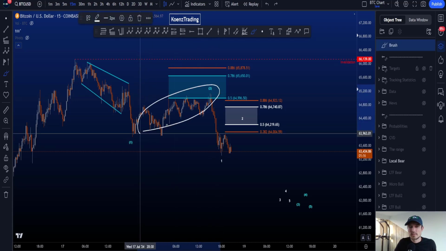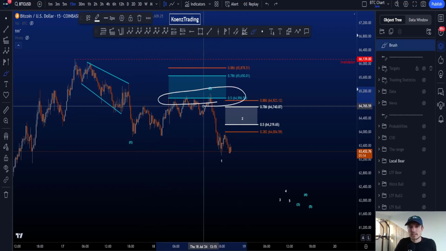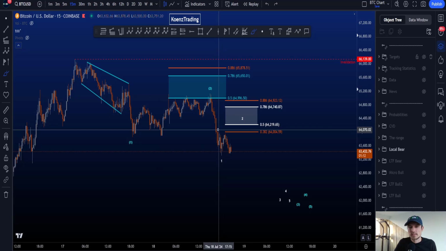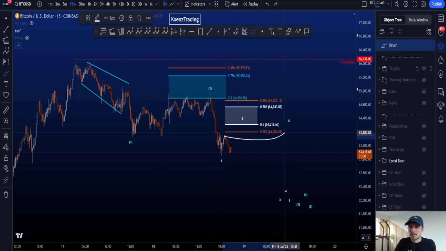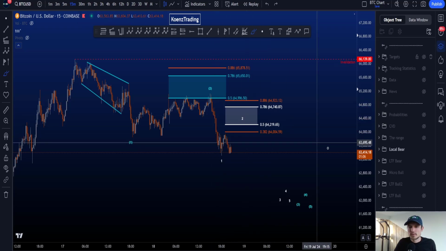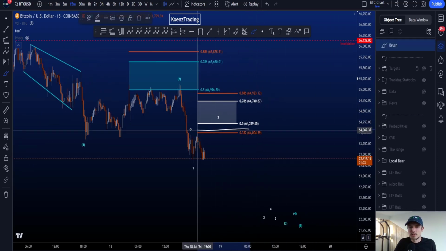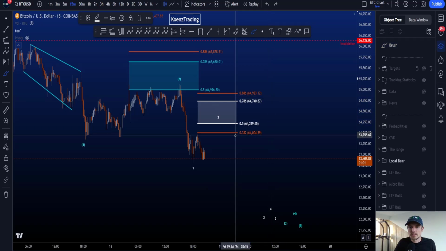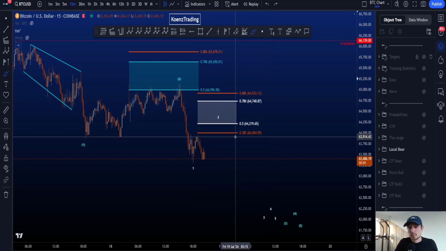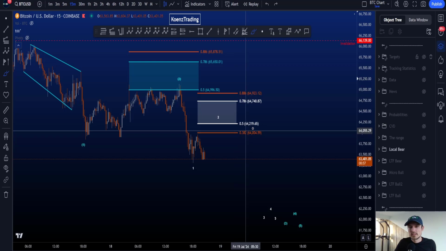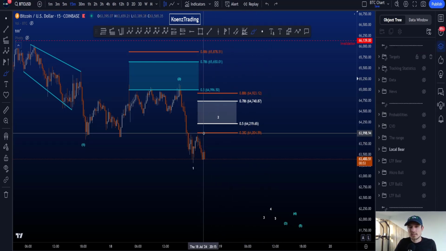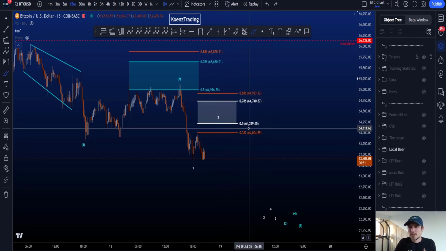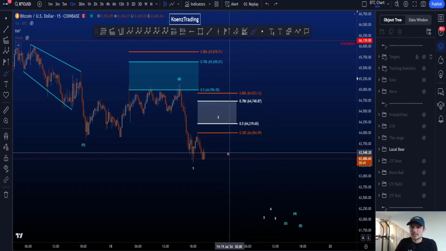We then have a wave 2, which hit the common target area for a wave 2, so that's perfectly fine. And then we have another leg towards the downside, and preferably for a wave 2, move a bit further towards the upside, because the common target for your 2 is the 0.5-0.786 between 64.2k and 64.7k, with the 0.382 being an uncommon target. If price is not going to reach the 0.382 as a bare minimum, the probabilities do increase